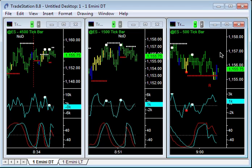So let's see what happens with this professional blue bar, whether we break below it or above it. Probably should have taken a trade earlier on today, but I was late getting in from surfing, and when I saw what was happening on